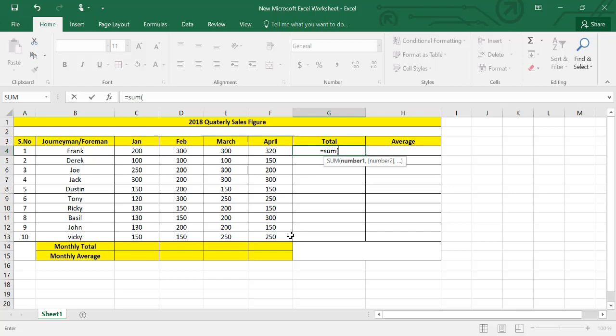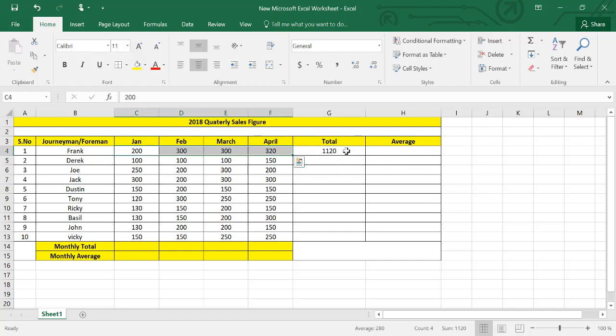We will take C4 and then a colon and then the last cell till where we want to add. This cell name is F4. So we write F4, close the parenthesis, and press enter. So you will see here the total sum of all these 4 cells.